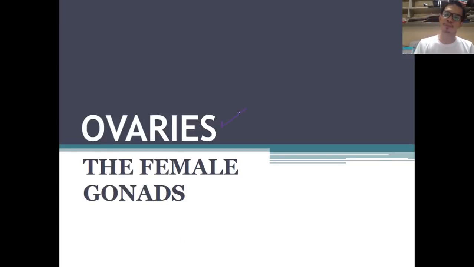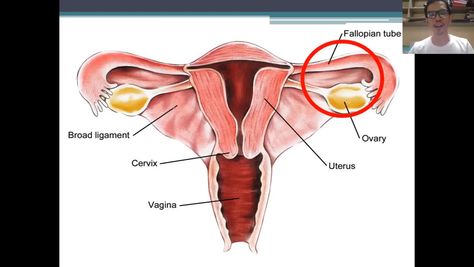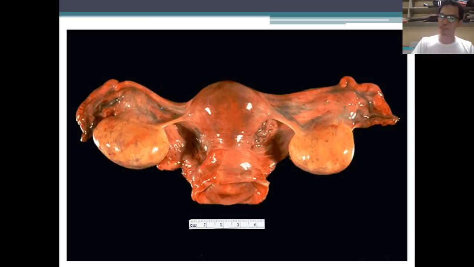All right, so the ovaries are located on both sides of the reproductive system of the female, and they are responsible for egg production and also for the production of what they call estrogen and progesterone, which we'll talk about later. There are two of them in the female reproductive system, and alternately they function the same. If we take an actual look at the ovary, it is somewhat large.